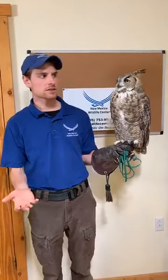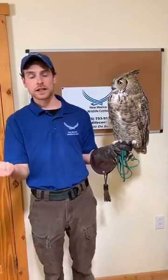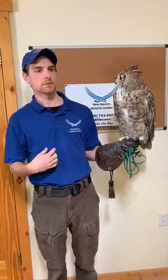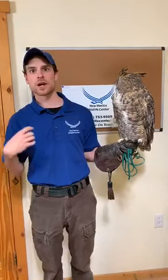A gentleman was watching the nest, and he noticed that the adults weren't coming back. So he went up the ladder and discovered Oscar in the nest, and she was the only one in the nest, and she had shotgun pellets in her right wing and her left eye and across her body too. So then she was brought into the New Mexico Wildlife Center,